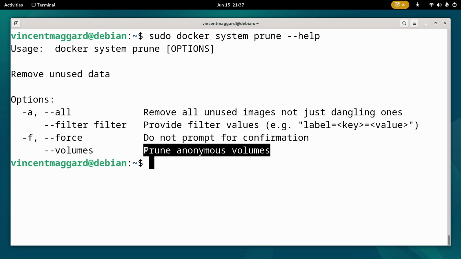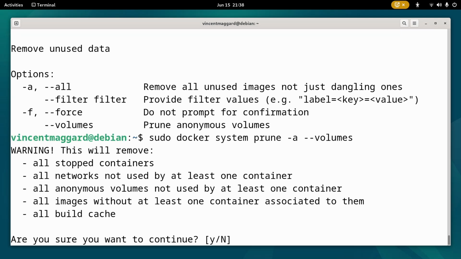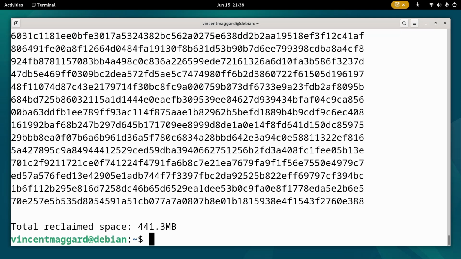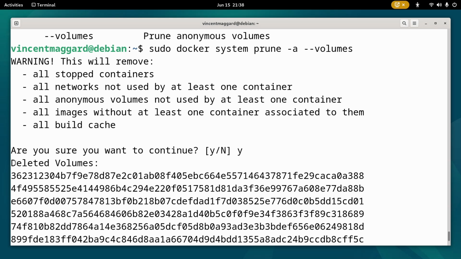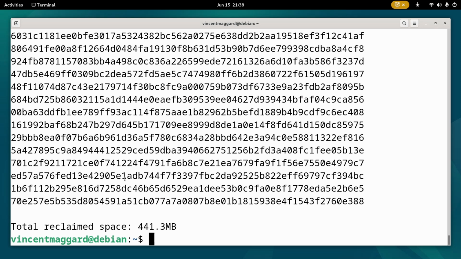I did see one version of this online where you could use -v, one dash and then the V by itself. But on this version, it looks like you have to have --volumes if you're going to do that. So I don't know, but you know what? Let's just try it. -a, then space --volumes. What does that do? I'm going to hit Y for yes. Okay, and that one actually did clear some old volumes out, 441.3 megs. And you can see when it clears it out, it will tell you this is all the deleted containers, volumes, etc. And it gives you these IDs.